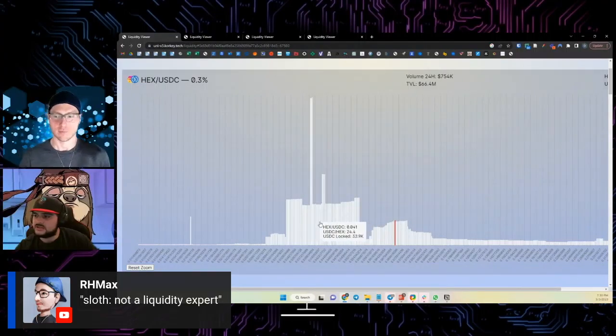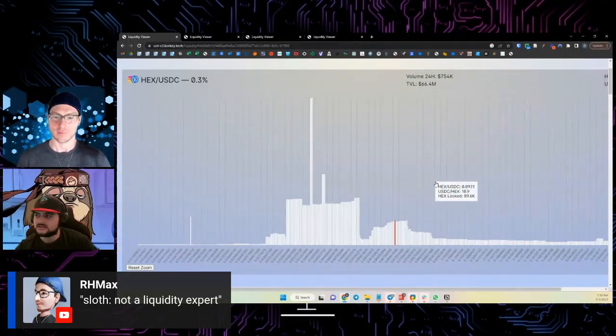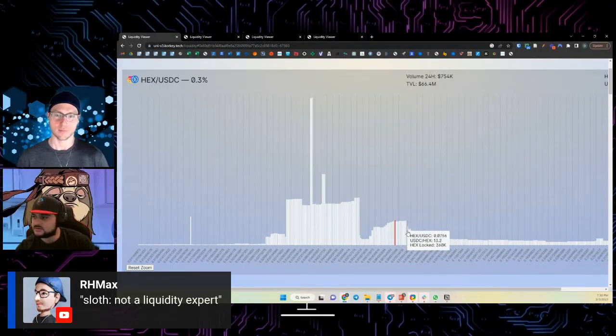If you're moving left, you'll notice the price is going down, and if you're moving right, the price is going up. Everything on the right side of the red line is solely HEX locked up, and everything on the left side is USDC. So you can think of all of this as support and all of this as resistance. From a liquidity standpoint, in this one pool, price can reasonably support up to about